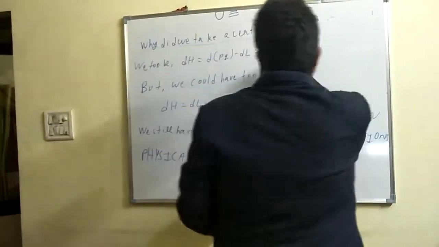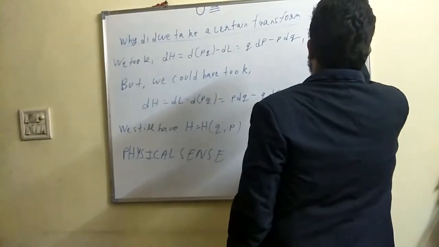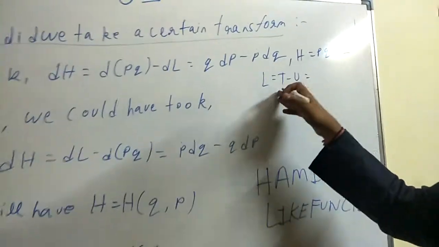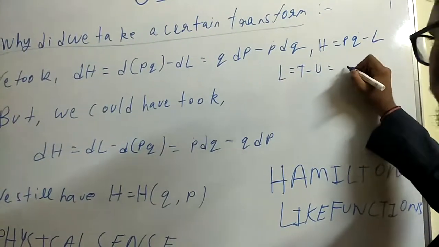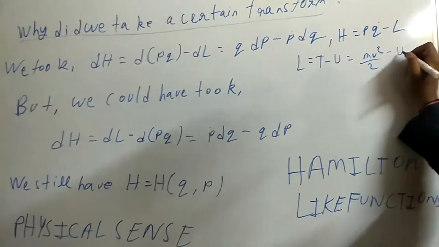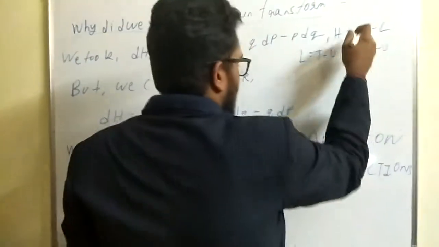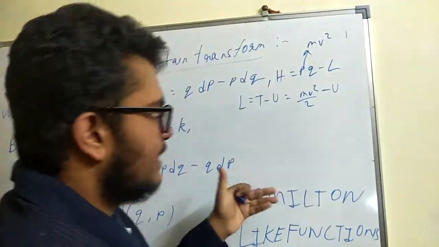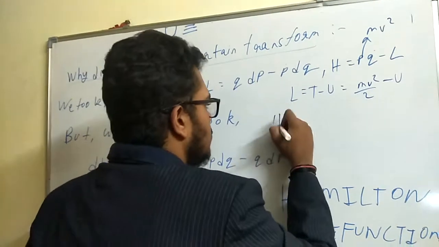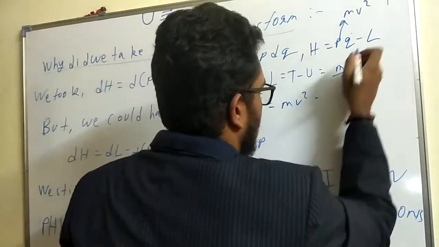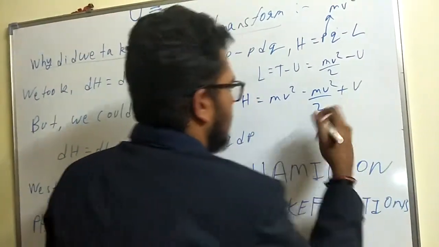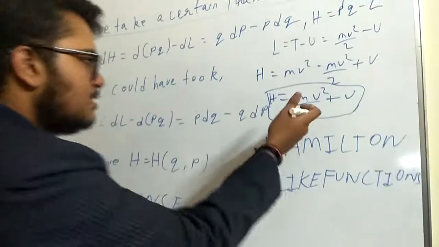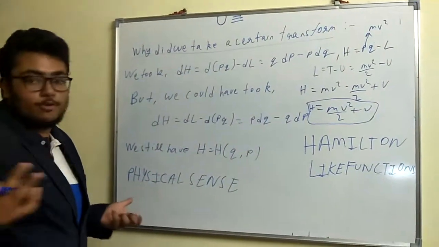Because if you expand out this function over here, which is basically pq̇ minus L. So L was basically T minus U, which is kinetic energy minus potential energy, and that is mv squared by 2 minus U in the very basic sense. And this term over here is basically mv squared. Now I'm going very basic here. We're again writing in very simple terms what velocities and all that is. So if we just take the algebra as it is, we get mv squared by 2 plus U as the Hamiltonian,